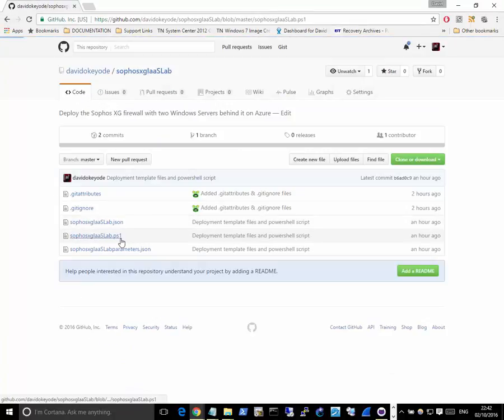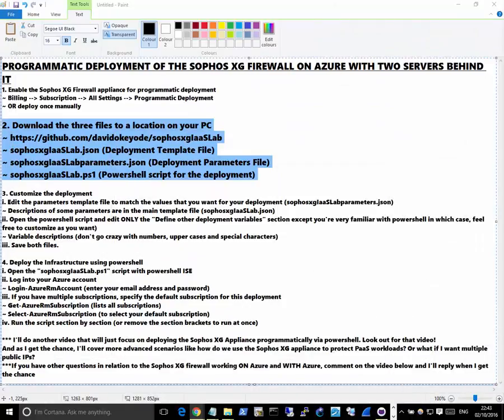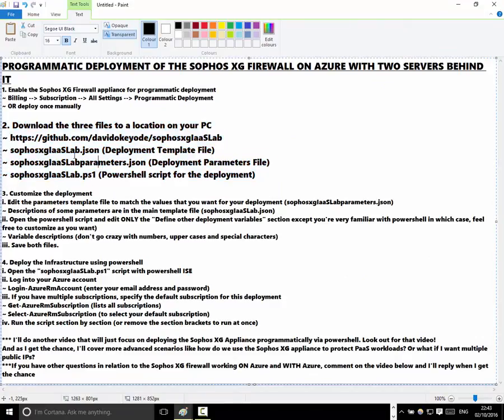If I go back to the PowerShell script, you see what the script does. Okay, so that's number 2. Just a quick description of the files. The Sophos XG IIS lab.json file is just a deployment template file. I won't be going into details. In IT, when you're talking about infrastructure scripting, what other people call the concept of infrastructure as code, you have 2 methods. There is a method called